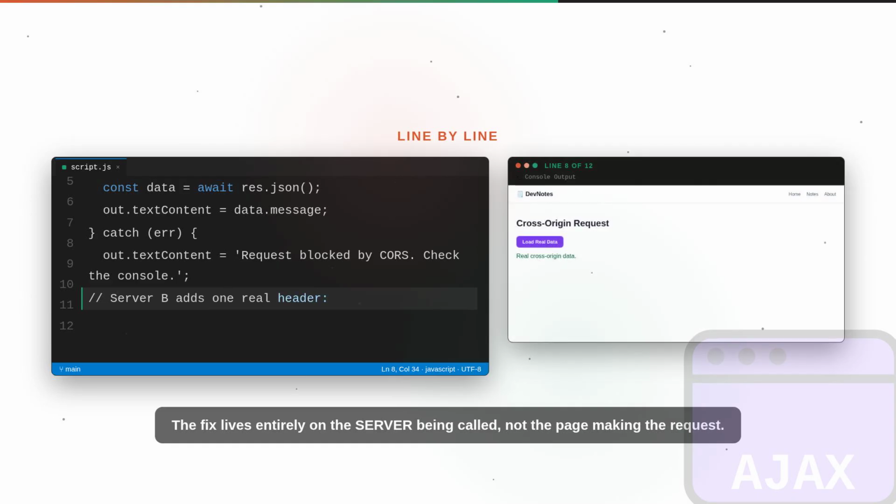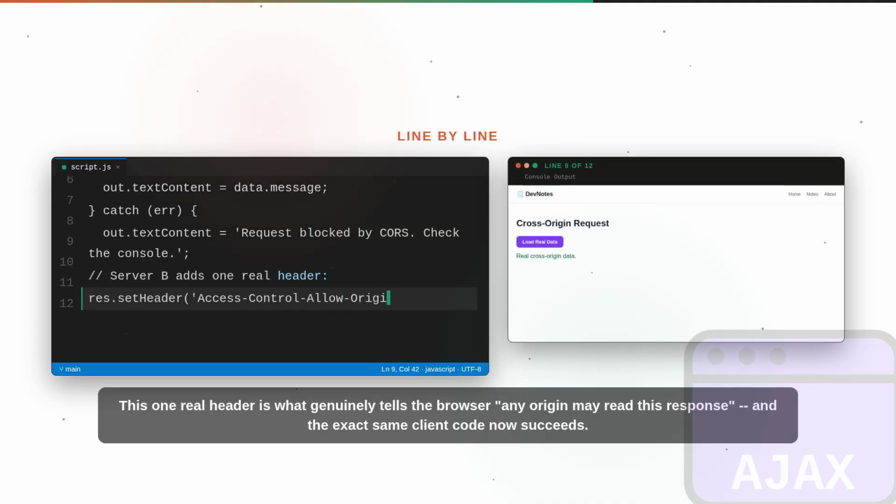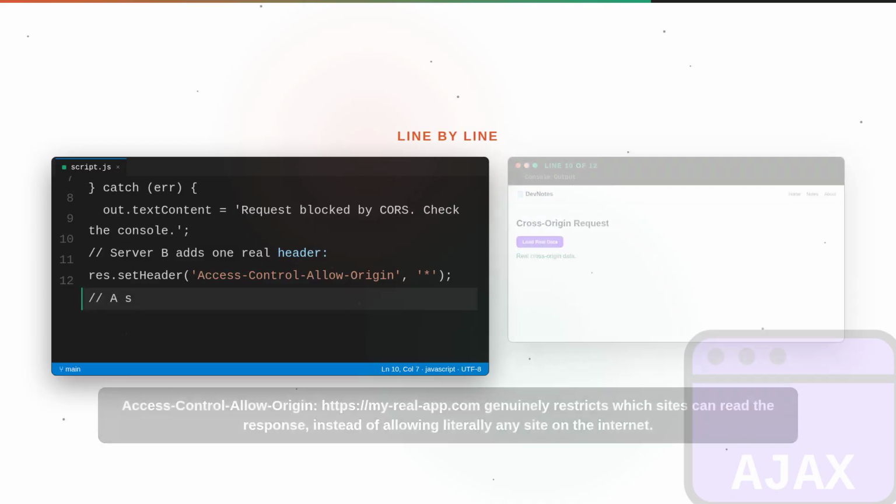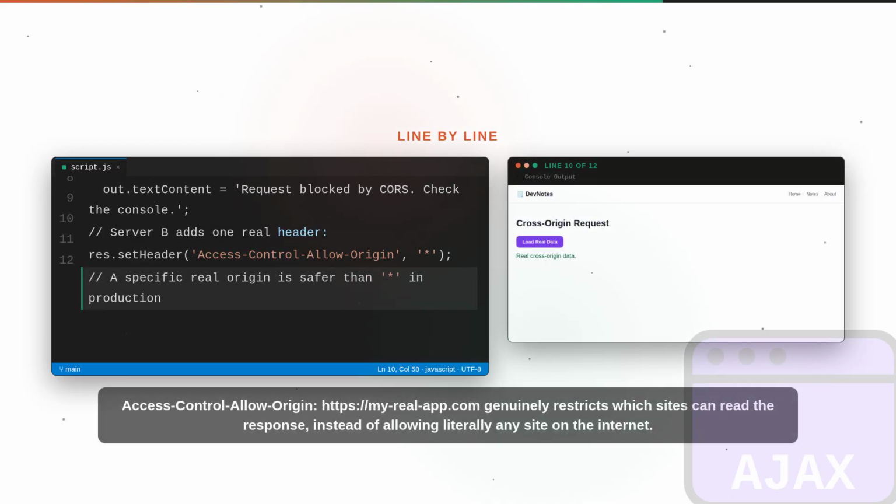The fix lies entirely on the server being called, not the page making the request. This one real header is what genuinely tells the browser any origin may read this response, and the exact same client code now succeeds. Access-Control-Allow-Origin,